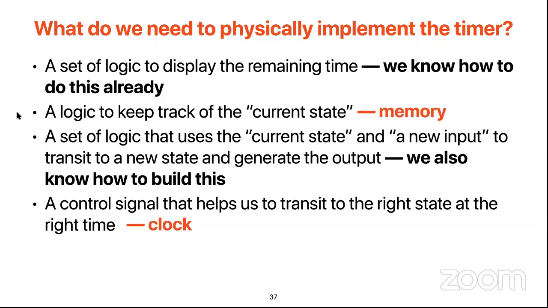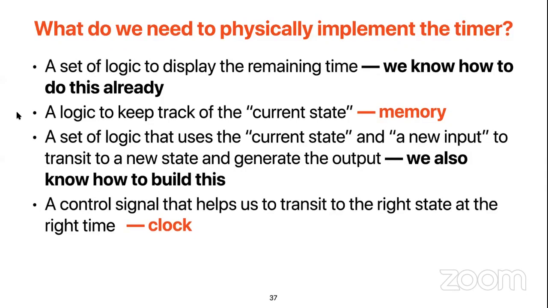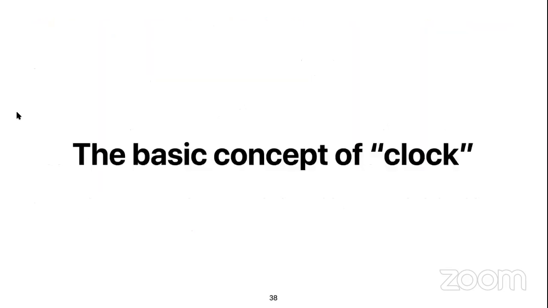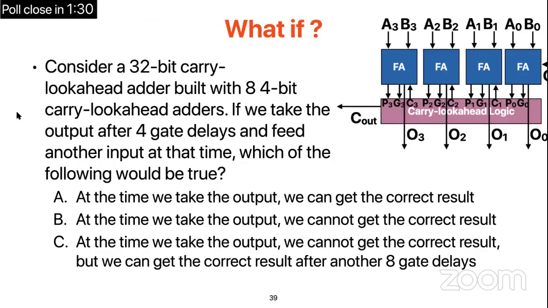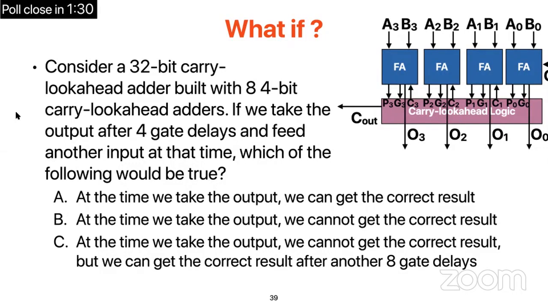So in addition to memory, which we just introduced, the flip-flop as the basic form of memory, we also need a clock. So let's talk about the basic concept of a clock. And when we talk about a clock, I encourage you to put things all together, thinking about this carry look ahead adder. And what is